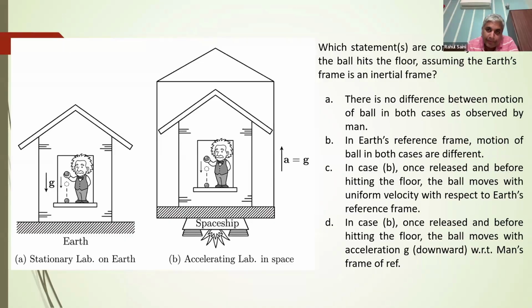If he assumed the spaceship as his frame, obviously we cannot attribute acceleration now. It will be stationary. Once it is stationary, we have to apply the pseudo force concept. Then force will appear. Yeah, correct. So that's the pseudo force he'll have to apply to explain that. That's what I said: to explain the movement of the ball, he'll have to apply a pseudo force.